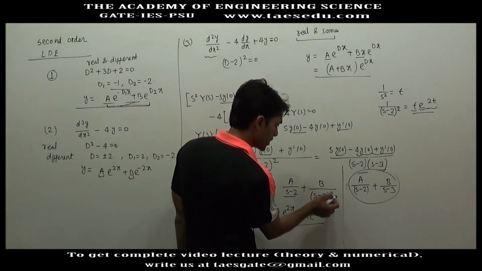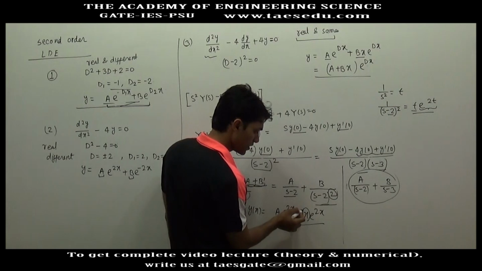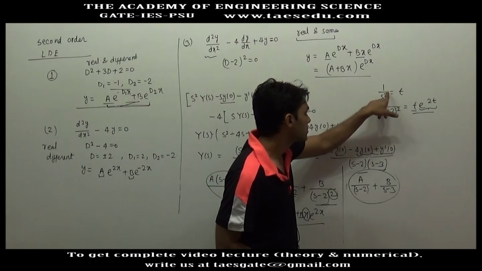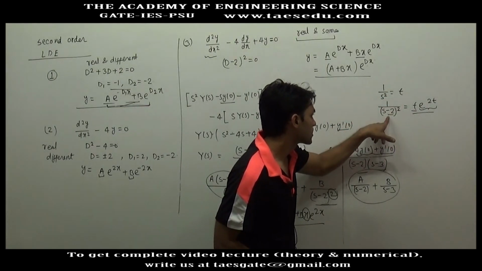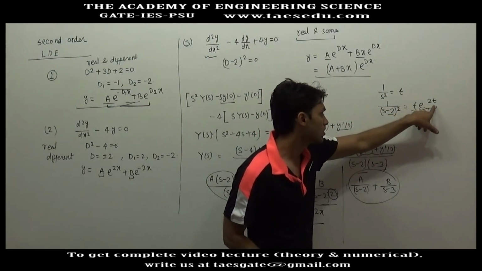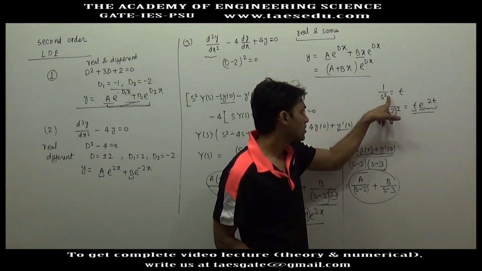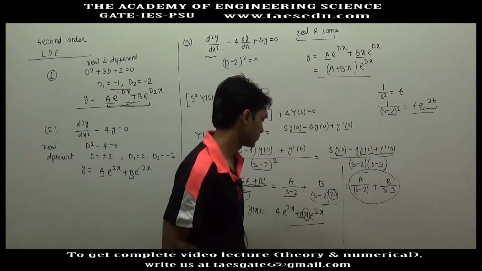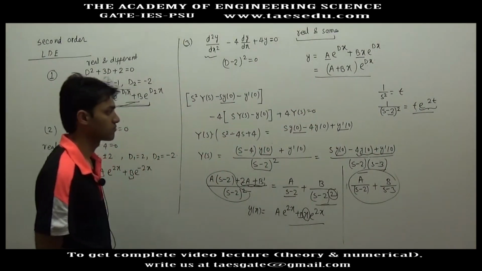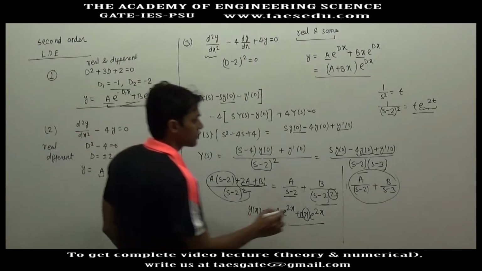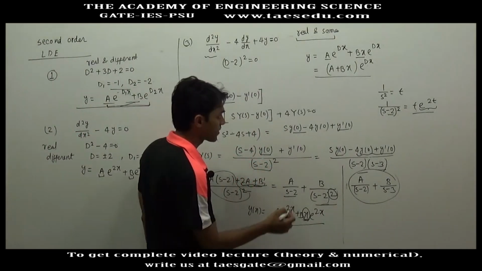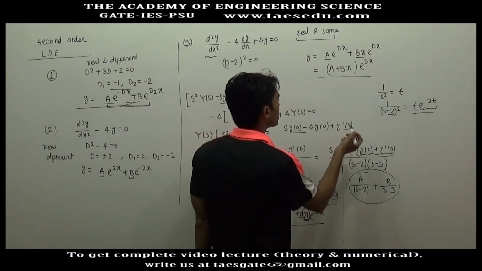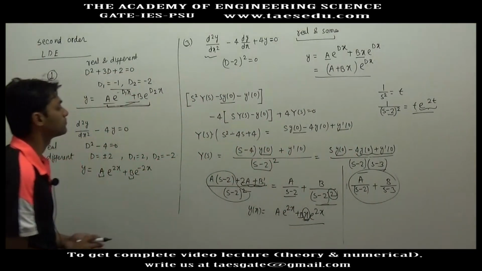So if there is no square term in the denominator, you will not have x in the multiplication. Because a square term is in the denominator, we have t, and corresponding to this we have e to power 2t. So if there is no square term in the denominator, you will not have t in the inverse Laplace. So this is how x comes in the general solution of the differential equation; I wanted you to observe this through the Laplace.